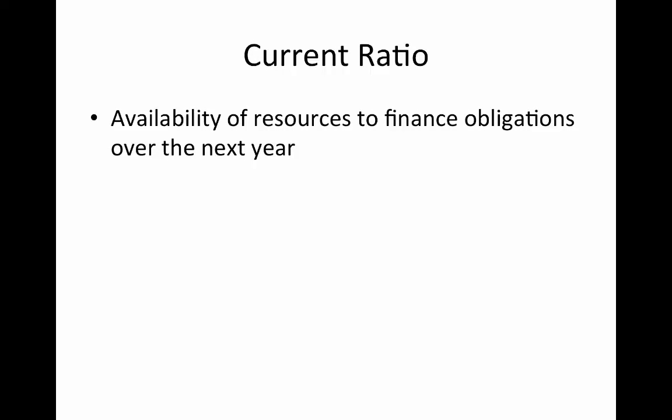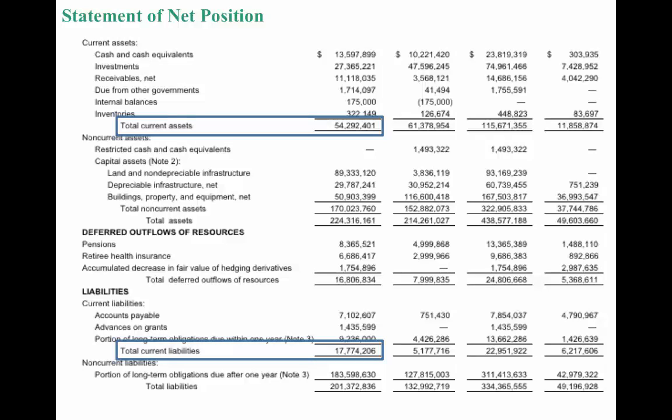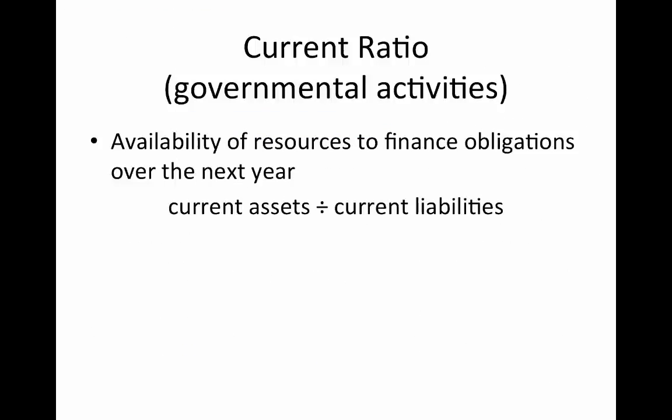So the current ratio is essentially measuring what resources are available to finance obligations over the next year, and it is most simply measured as current assets divided by current liabilities. And if you're lucky enough to be looking at a statement of net position that is in a classified format, so it's already giving you current asset subtotals and current liability subtotals, it makes it a lot easier to perform the analysis. So here, looking at it for the governmental activities,